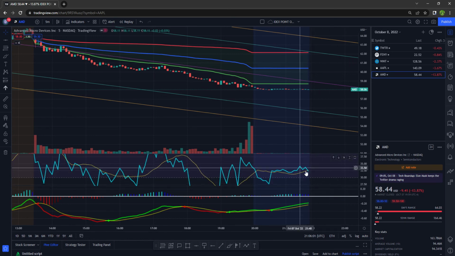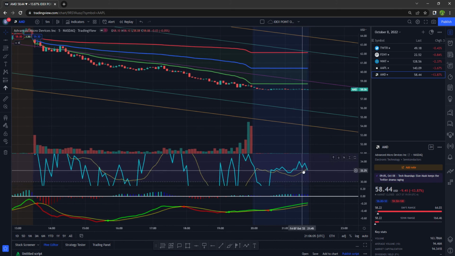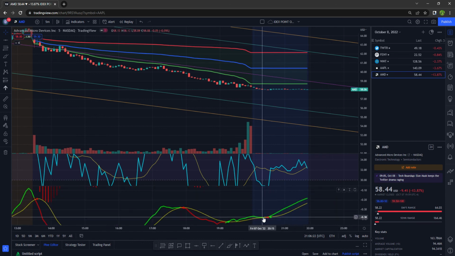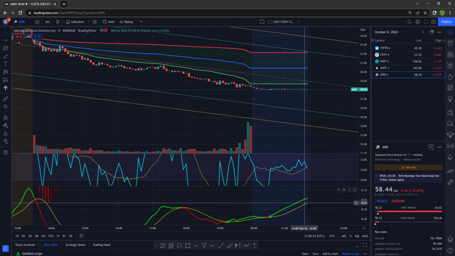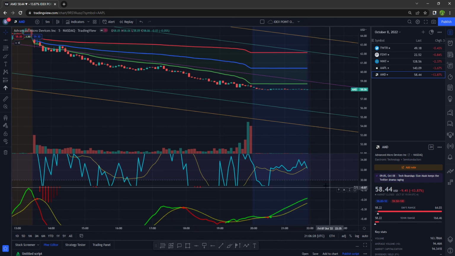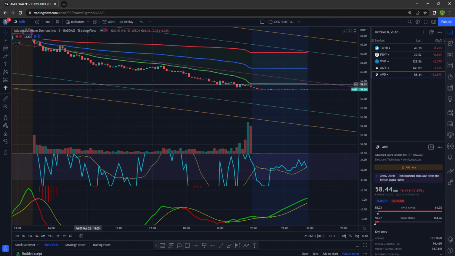Well, actually, no. Got a little ways to go. Once I made this a little bit bigger, it was easier to see. So that would be oversold there. We are sitting at 32. We need to get to 30 to be oversold technically. And it is pointing straight down. The MACD has crossed over to the upside though, but if it peaks here, it could be going down if this continues to go down. So I will keep my eyes on that.